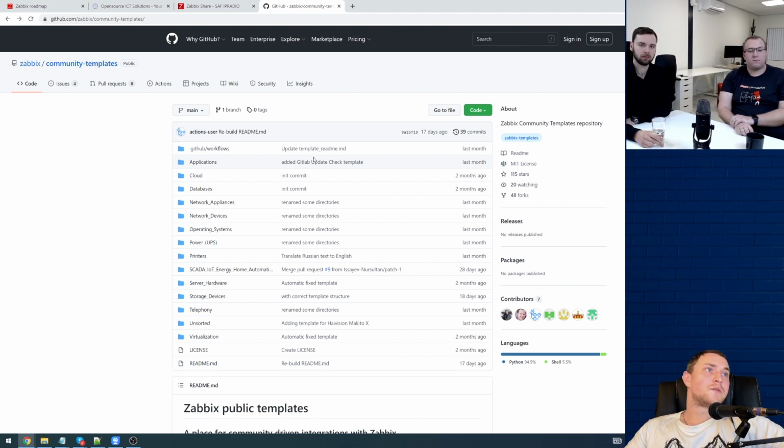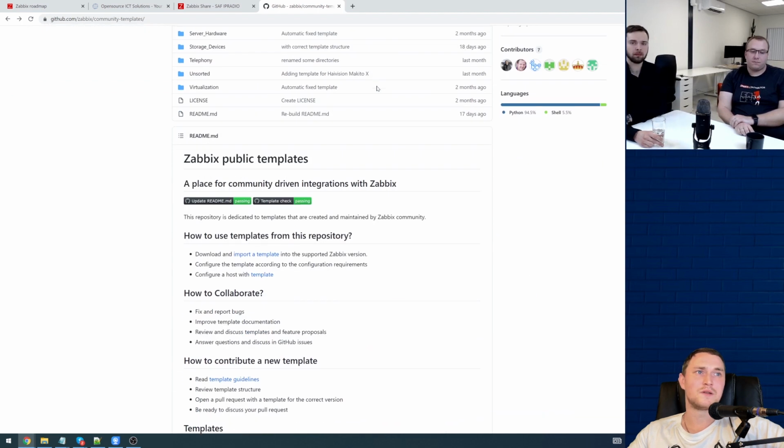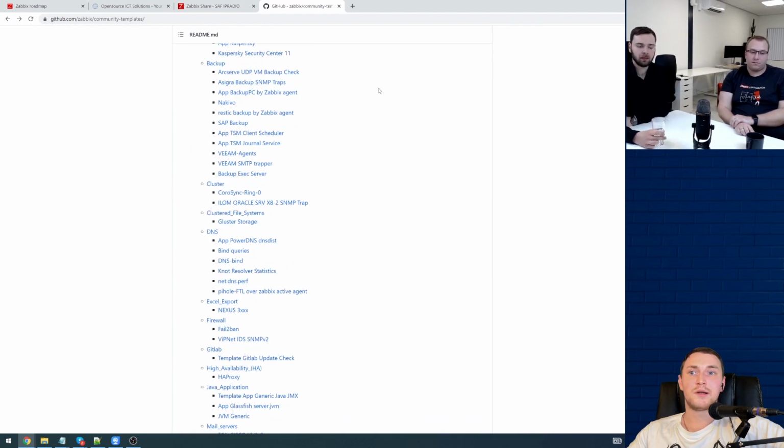let's say licensing, right? If you're creating some sort of community stuff, you don't really care about the license of the libraries that you are using, some Python stuff or whatever else. But if you're making this an official part of the product, you have to be careful what you're really using and adding to your templates. So that's also a thing. That's why I would